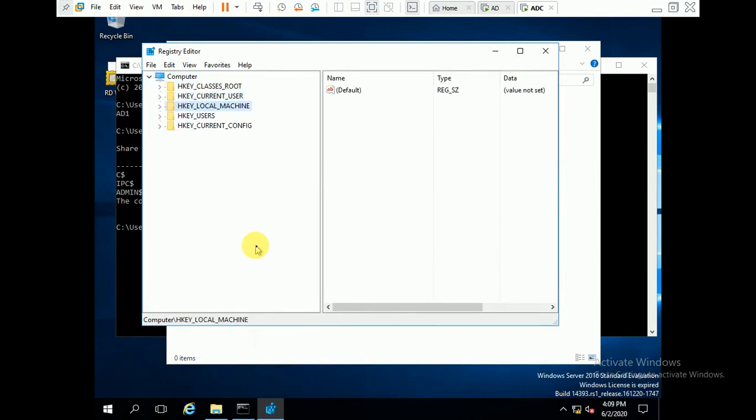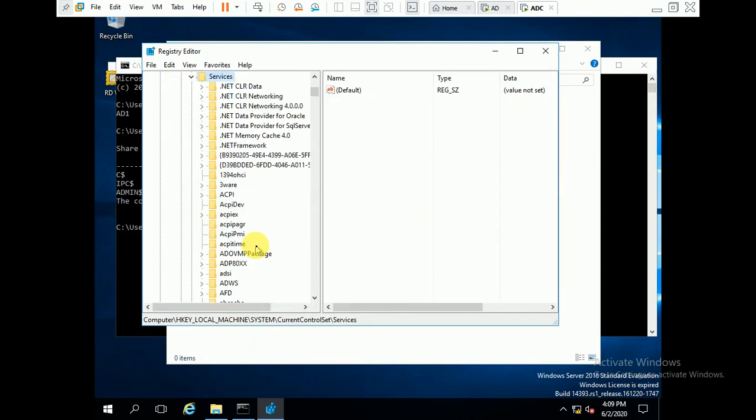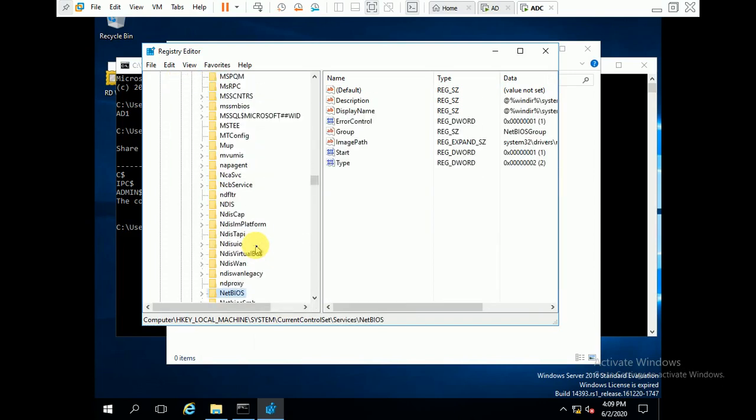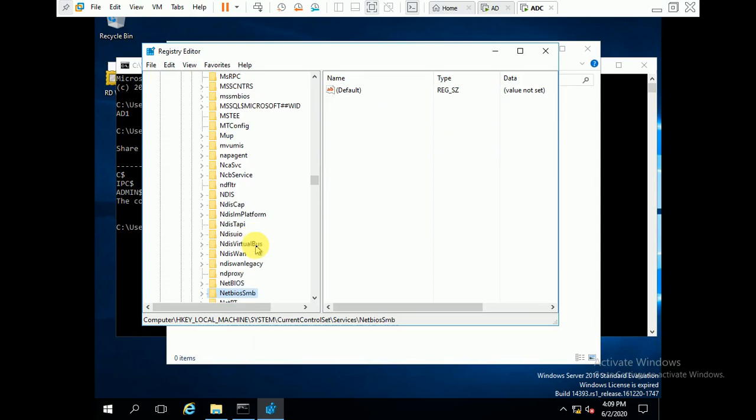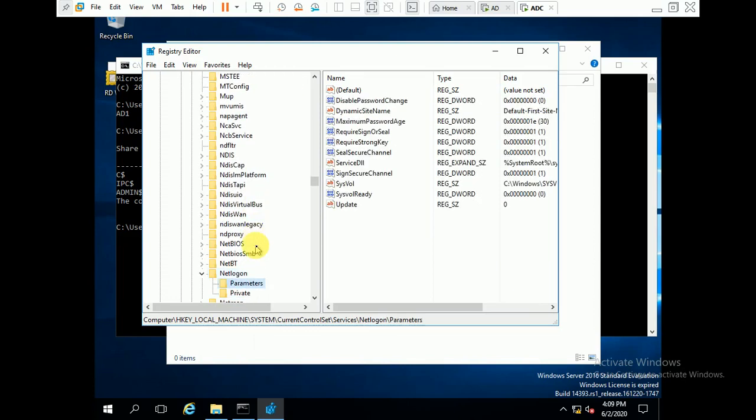Go to HKEY_LOCAL_MACHINE, System, then CurrentControlSet, Services, and then go to Netlogon. You can see Netlogon and Parameters. There you can see SysvolReady flags, and that registry DWORD value is 0.